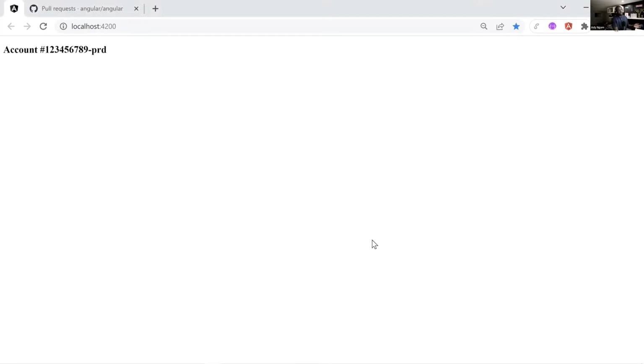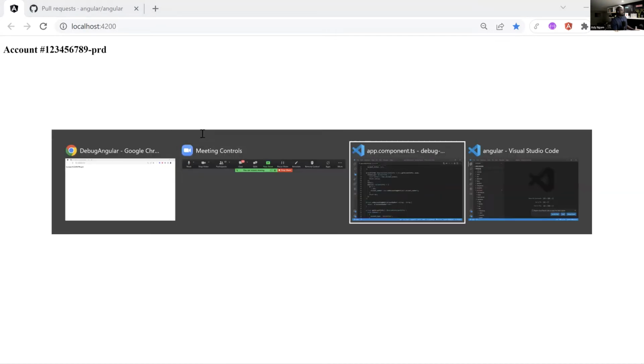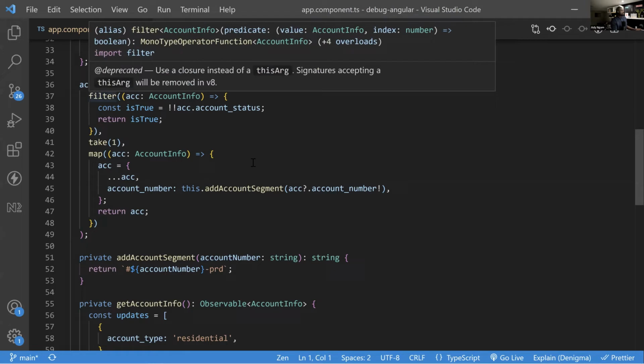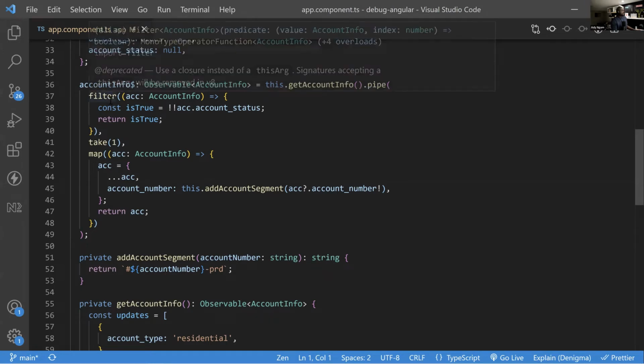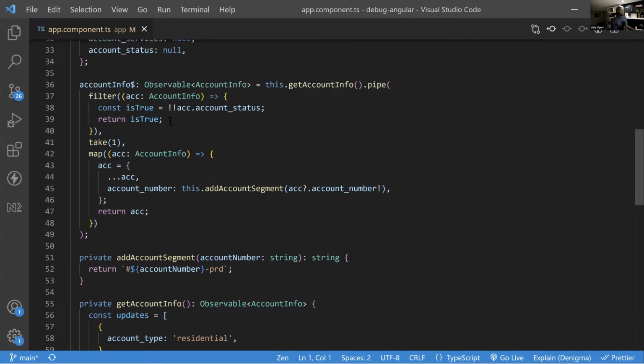Okay, great. All right. So we're going to be talking about learning and understanding Angular. After a while, you want to start going into it and trying to understand this beautiful thing that is Angular, that got us all gathered here today. So this is just a string, but behind the scenes, what we have here is basically an observable that has a filter and is only going to go into the transform when we have an account status.